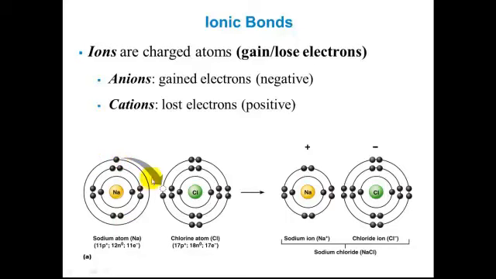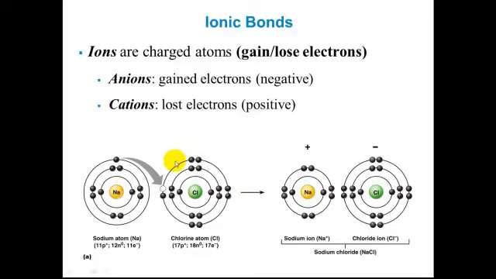Now for sodium to achieve an outer shell that has a full 8, it could gain 7, but that would be quite difficult. So instead, sodium is going to look to lose or give up this electron. On the other side of things, we see the chlorine atom here. Chlorine has 17 protons and 17 electrons. We can see that in its outermost shell, it would have 7 electrons, so it is looking to gain